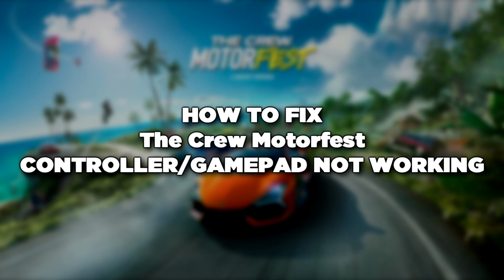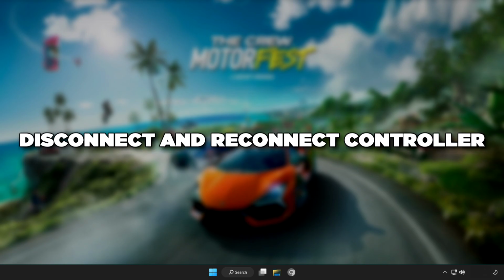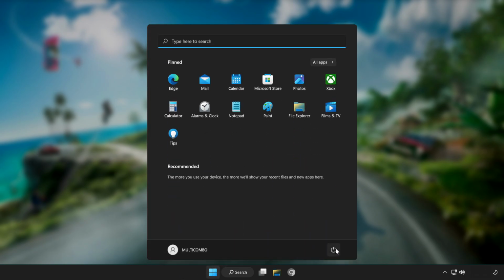Follow my steps. First step: disconnect and reconnect controller. And restart your PC. If that didn't work,